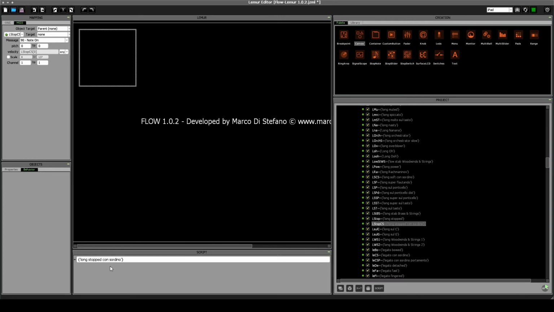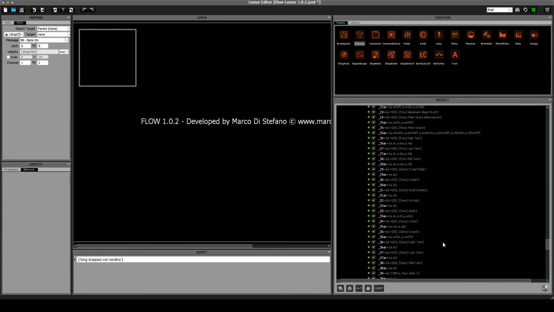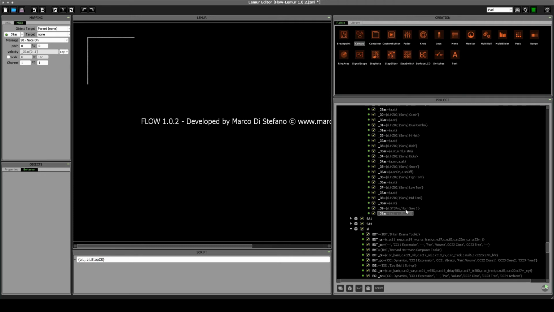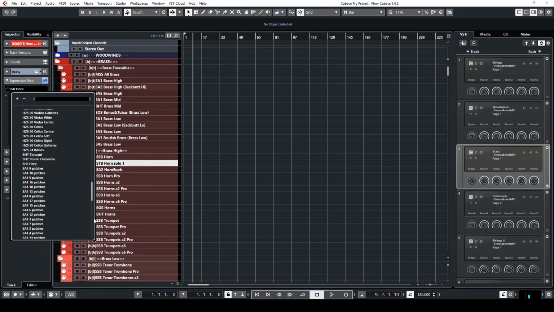con sordino. So now we have declared this new variable lstop.cs, and we are going to put it in our instrument there. So a long stop CS. So now what we have done is that we have assigned two articulations to this instrument. Save. And to make all this work, we need the last thing to do, which is setting up the expression